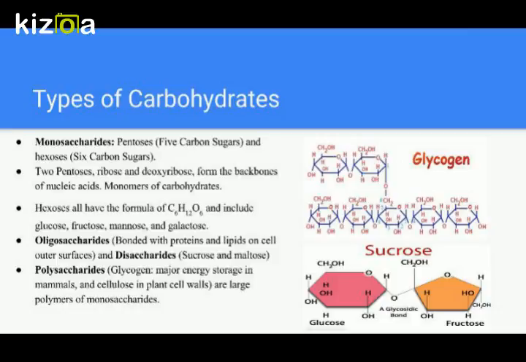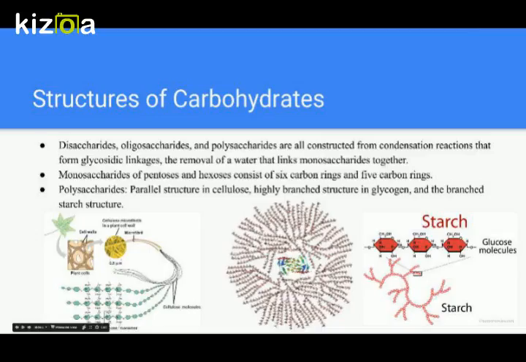Moreover, there are also disaccharides and oligosaccharides. Oligosaccharides are several monosaccharides bound together, and disaccharides are 2 monosaccharides bound together. Finally, we have large polysaccharides, which are large polymers of monosaccharides. These consist of starches, glycogen, cellulose, and more. Disaccharides, oligosaccharides, and polysaccharides are all constructed from condensation reactions that form glycosidic linkages, or the removal of water that